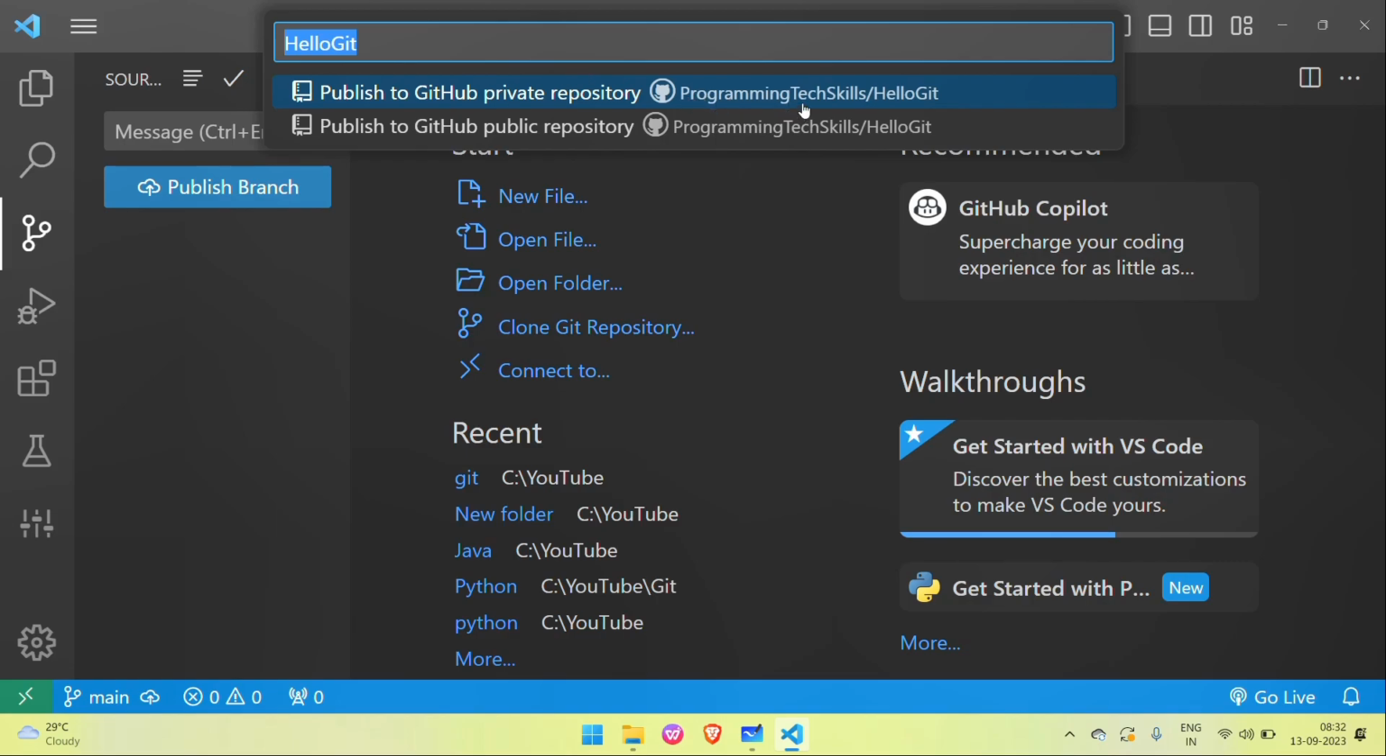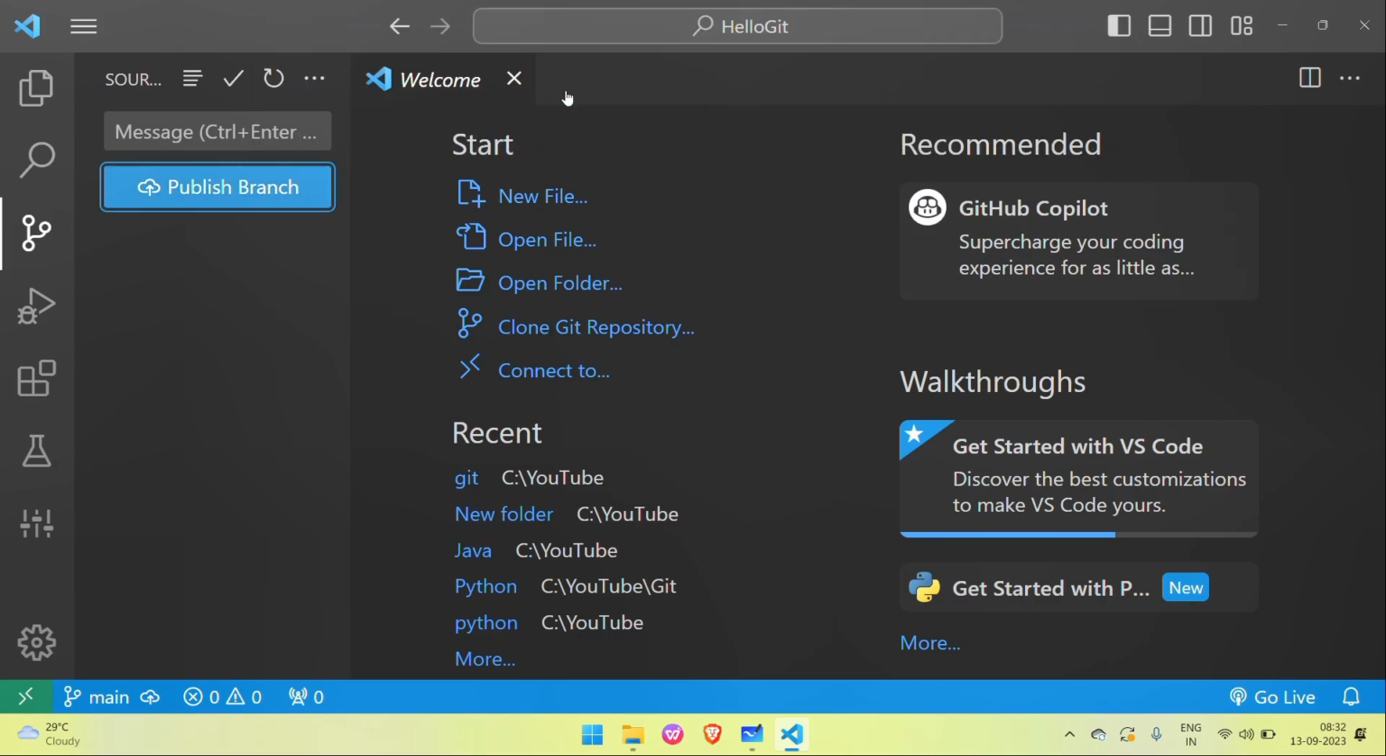Here you can see programming tech skills, that is my username slash, and it is going to create a repository called hello git. Okay, so if I select any one of these, it is published. Here you can see GitHub private repository and a public repository. Let me create it as a private repository. Okay,